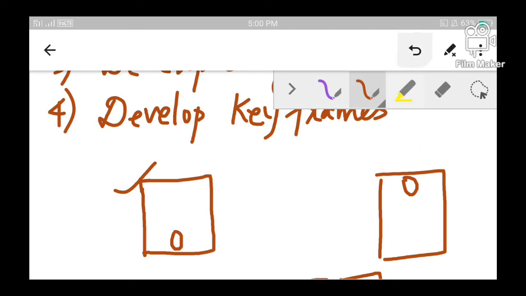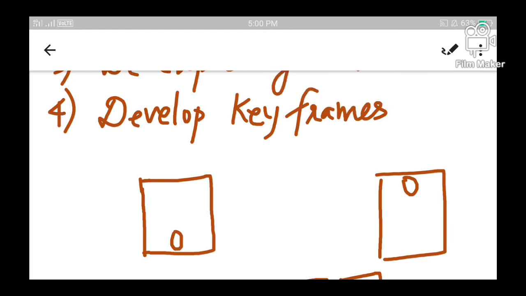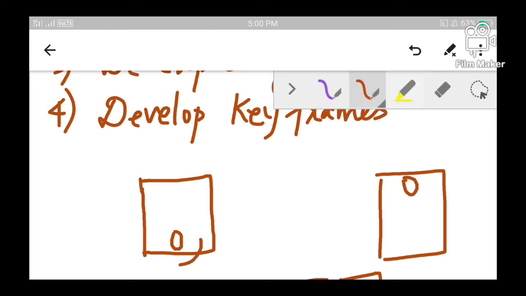I repeat, once the keyframes or main frames have been identified, you have to develop all the sub frames that will come in between these keyframes. That means if initially the object is at this position and finally the object would reach this position, then what all positions are there through which the object would have traversed?